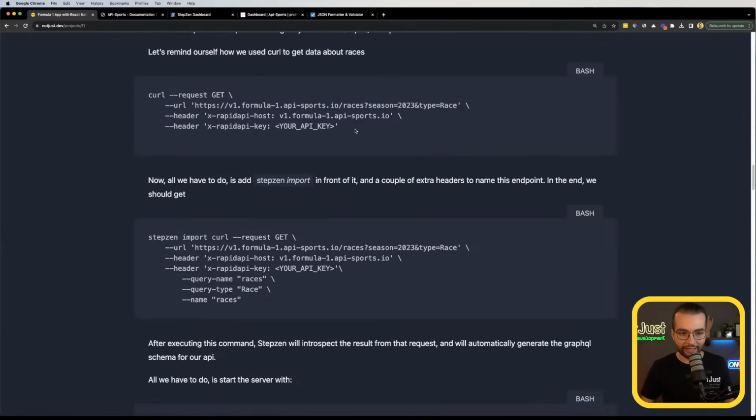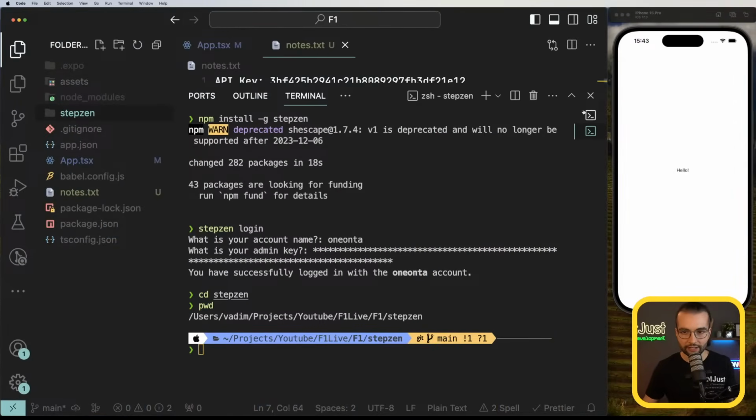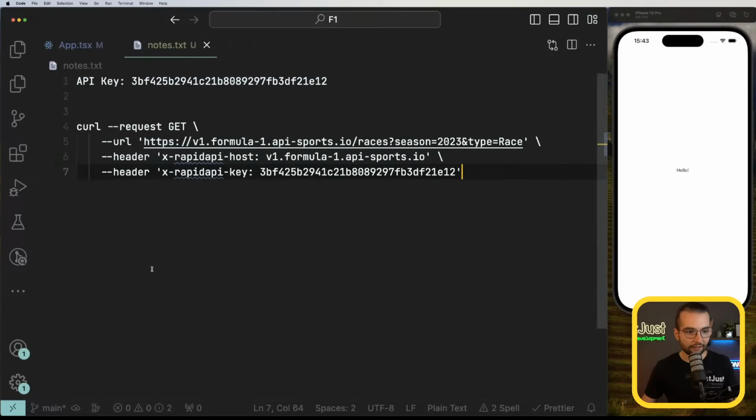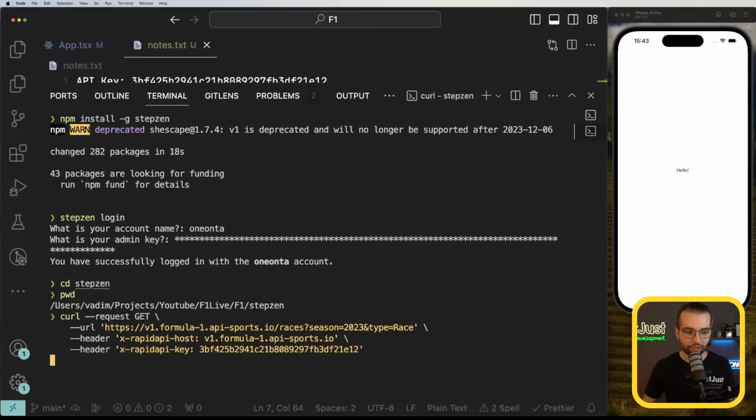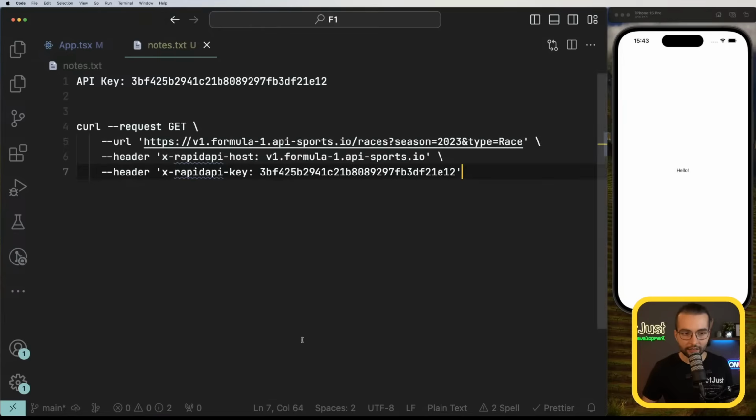So I'm going to show you, we can build it together so that you know every step that we are taking. I'm going to move to my notes here. And this was the request that we executed and we got data about races. I can execute it one more time just for you to see that, yeah, indeed it answers with some data about the races. And now on the StepZen side,